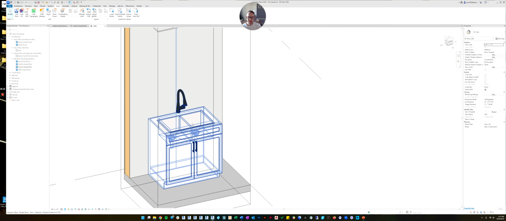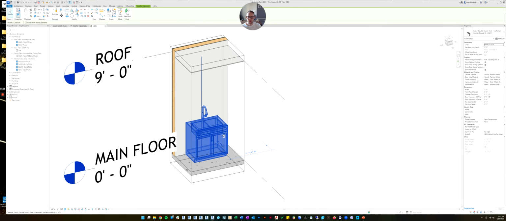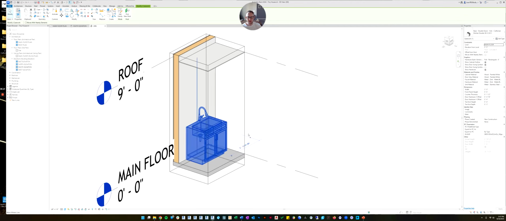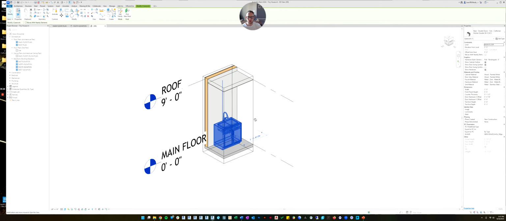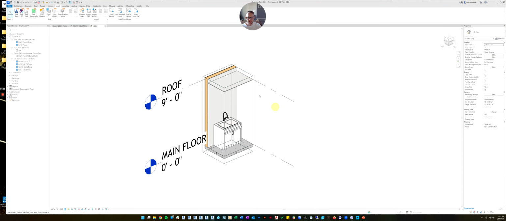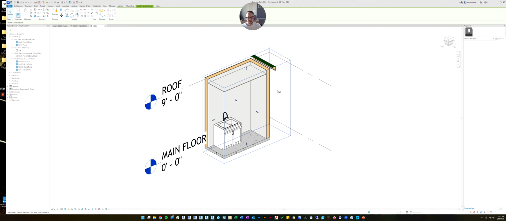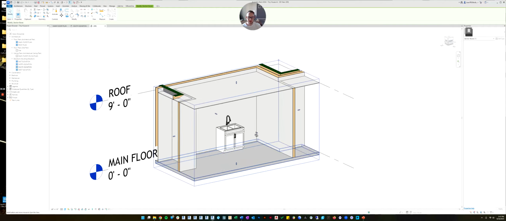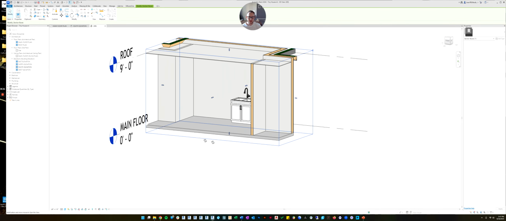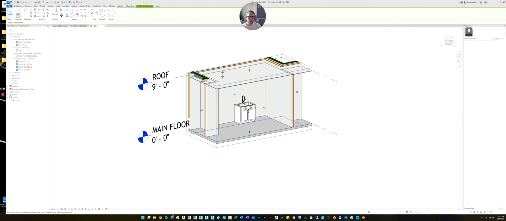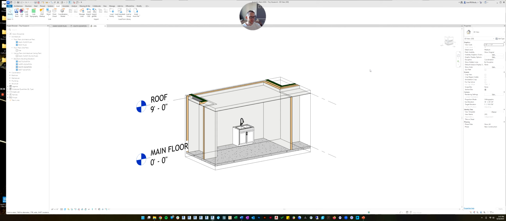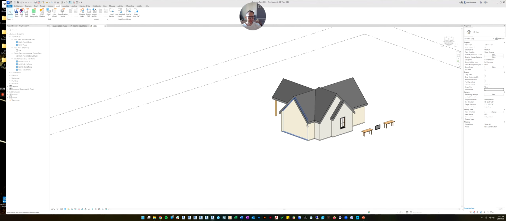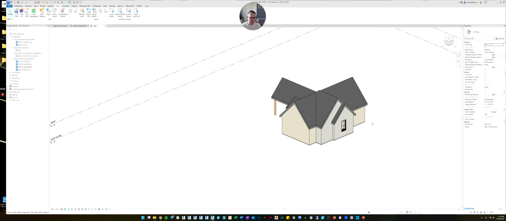So now you can see what it looks like. And remember, click on what you're looking at so that it recenters your orbit, and then you can orbit around it and see it pretty well. You can also click on the crop box, and you can extend it out if you want to see more of the house in context. So that's a very useful tool. And then when you're done, you can deselect everything and then come over here and just uncheck the section box, and it'll take you back to your normal 3D view. So let's delete those.